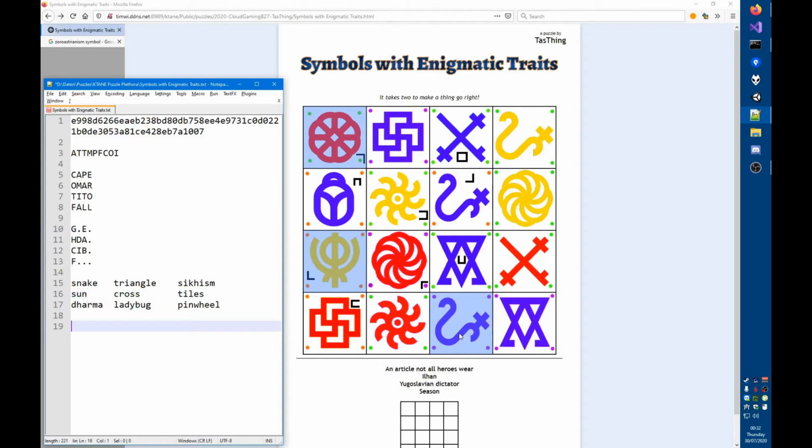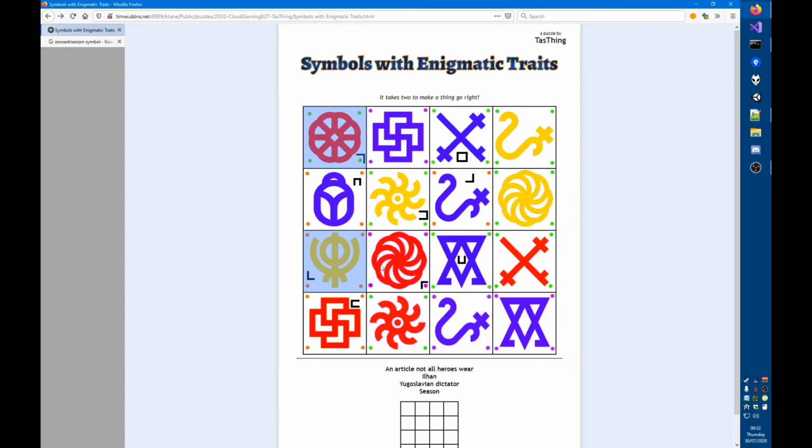Now how do I write this down? I'll write this down as coordinates, A1, A3, and C4. And the letters, not the Pigpen letters, I want the letters from this grid here, would be C, T, and L. Yeah, not quite sure right now how to interpret that. Okay, let's keep going.